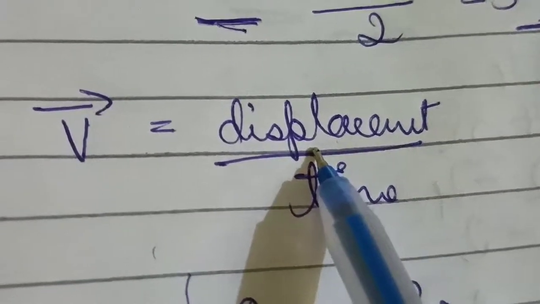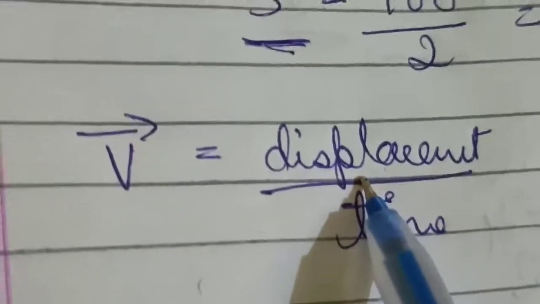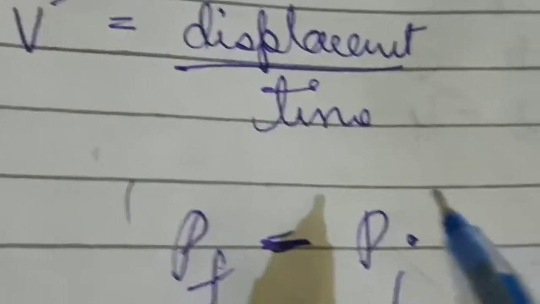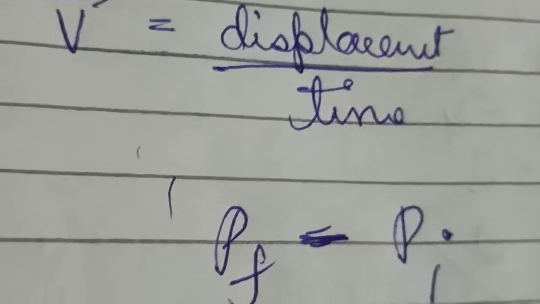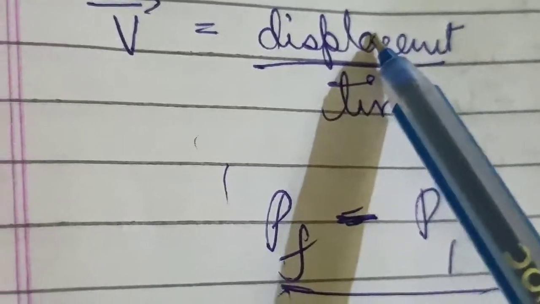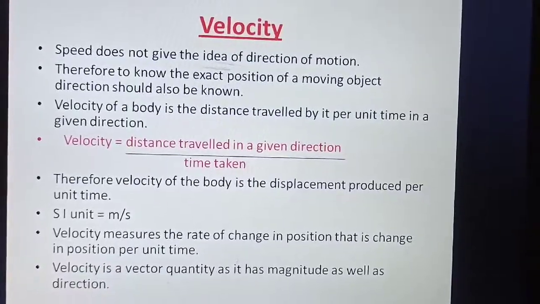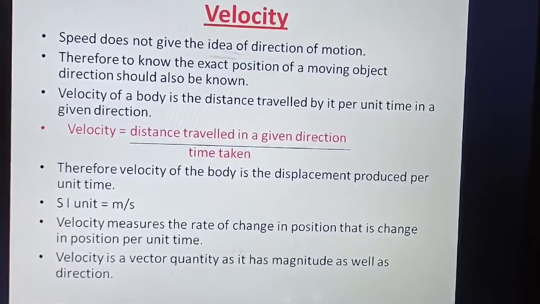Displacement is nothing but the distance traveled in a given direction by time taken. So displacement, that is the final position and the initial position. You have to find out the shortest distance. So same here, but here what? Per unit time. So as you see here,